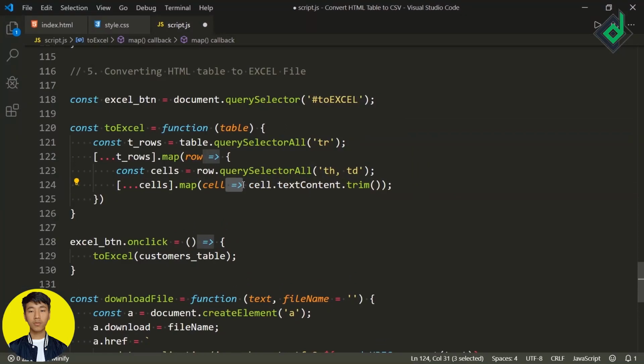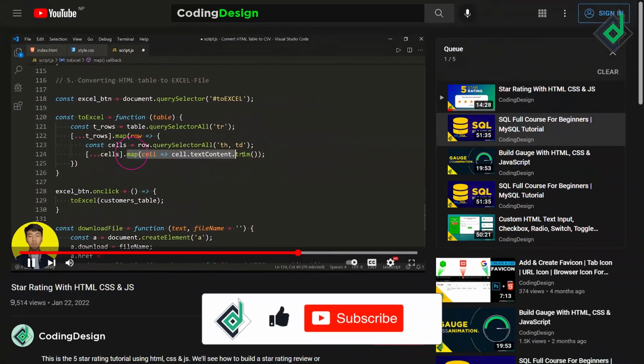So if you are using arrow function, you don't need to write their return keyword. But if you were using normal function as callback, or if you have used the curly bracket, then you have to write their return keyword. And with the help of that map function, it will return array with modified value.